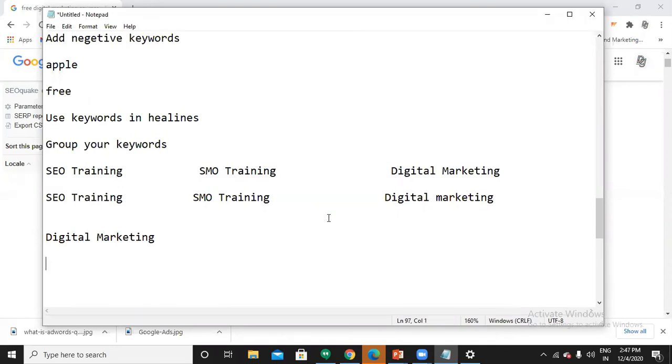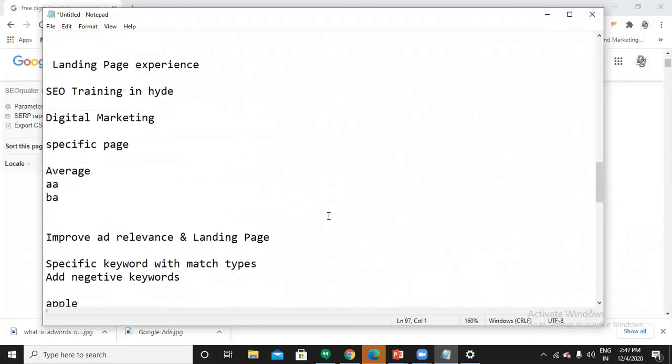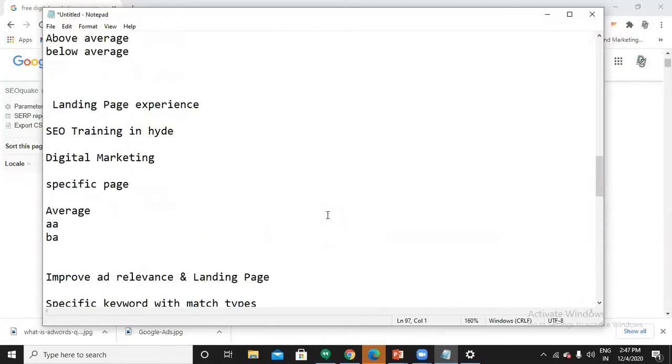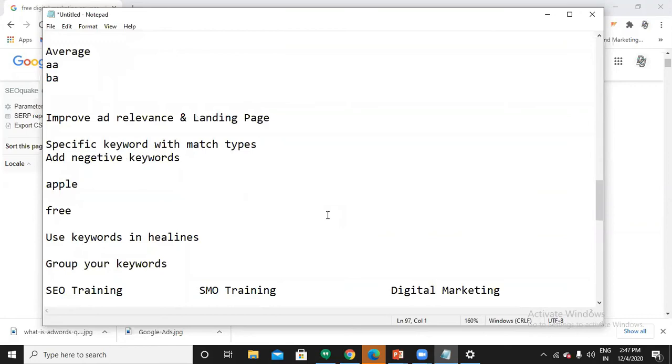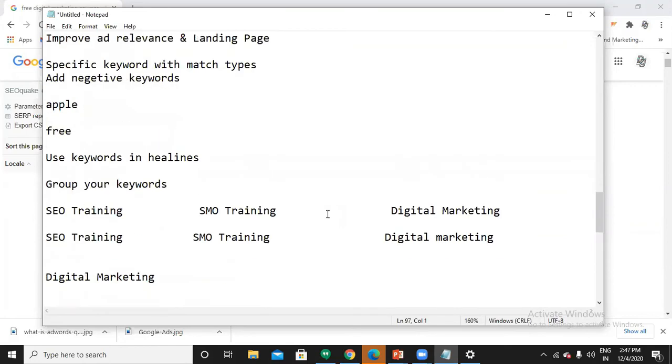Okay, guys, now did you understand all the factors that affect the quality score and how to improve it? In order to improve your quality score, you should improve your CTR. In order to improve your CTR, you should improve your ad relevance. In order to improve your ad relevance, you should concentrate on your landing page also.